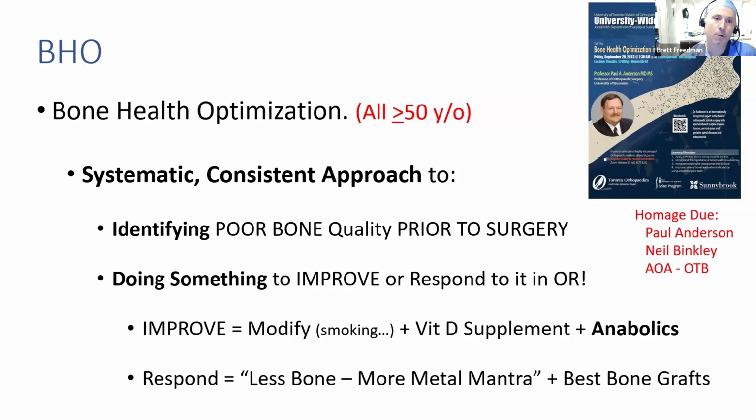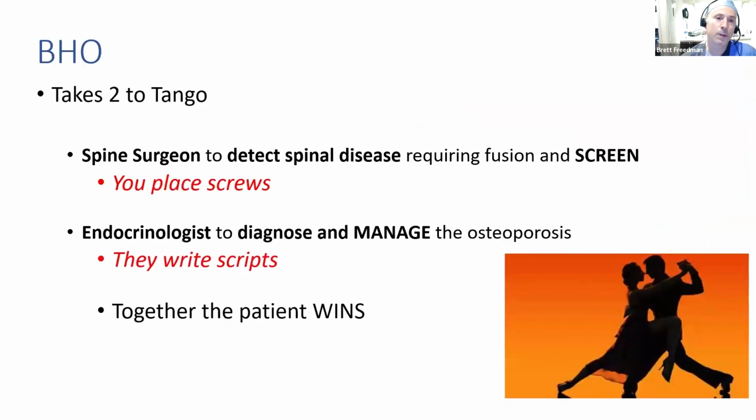And so the goal of BHO is you identify the bad bone and then you do something about it. You either improve it before surgery by modifying modifiable factors like stop smoking, don't drink too much, vitamin D supplementation, we'll talk about that a bit, and then getting them on anabolics, and we'll talk about what that means. Or you could respond to that, and that's that less bone, more metal thing I mentioned, and then optimize bone grafts. So bone health optimization is a 2 to tango kind of phenomenon. You've got to be